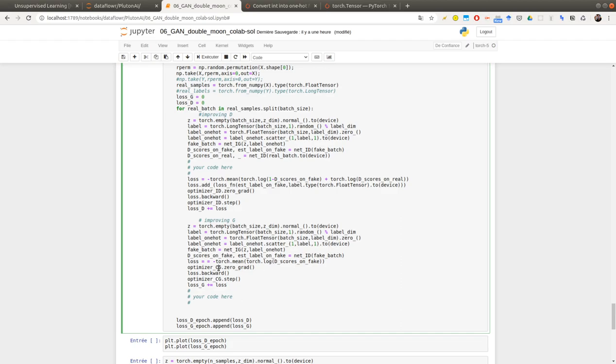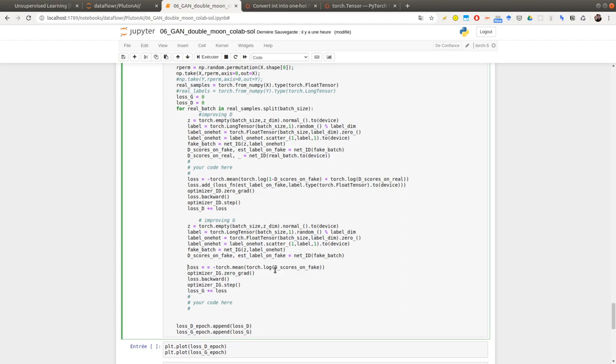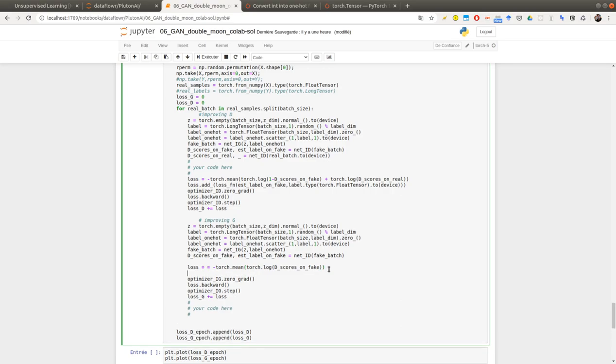Discriminator and fake. Here, loss backward. It's good. So this is exactly what we had before, and now I can also use the estimated label on fake. So I will add something which is exactly indeed this.